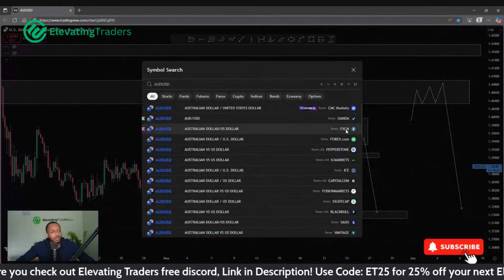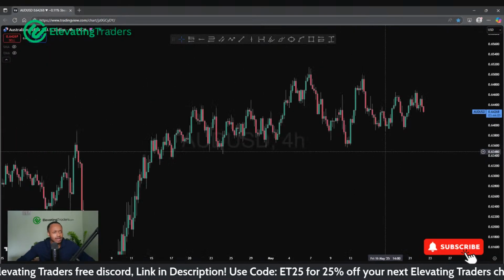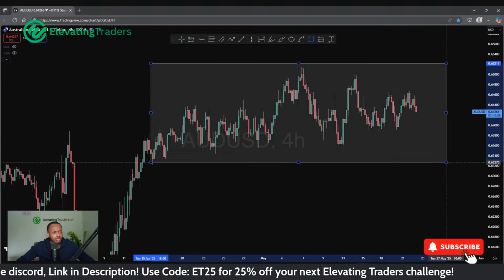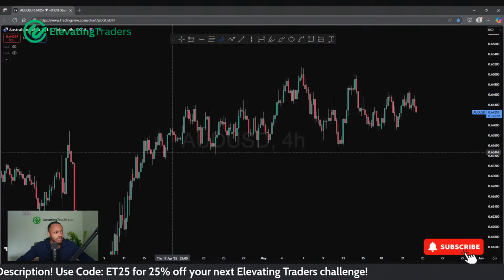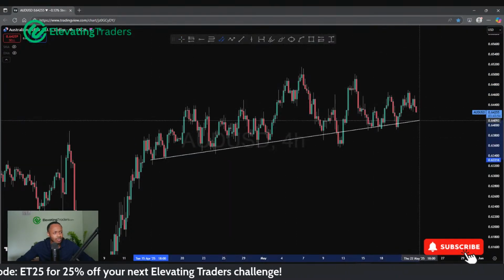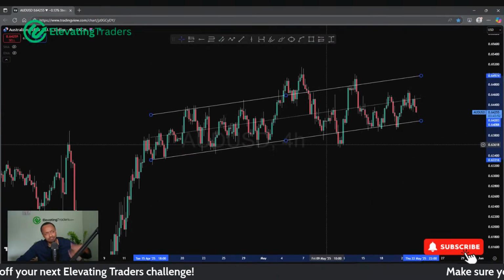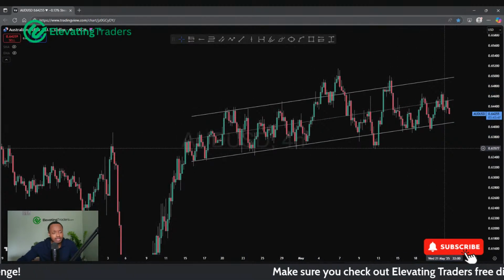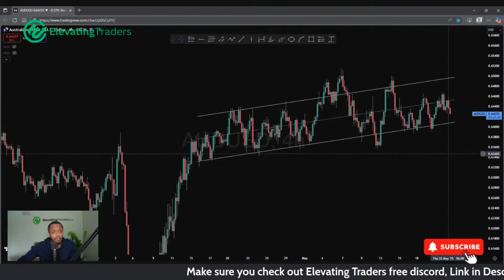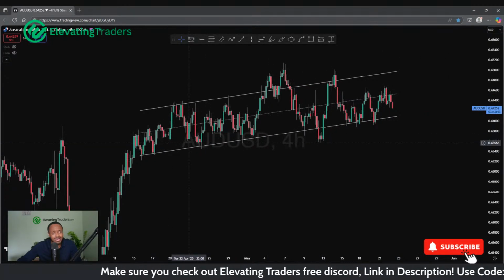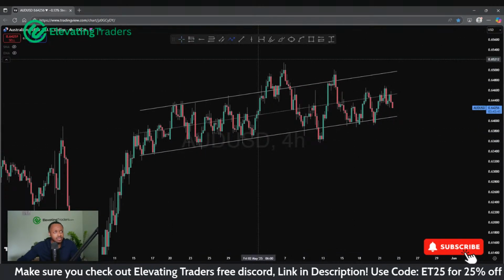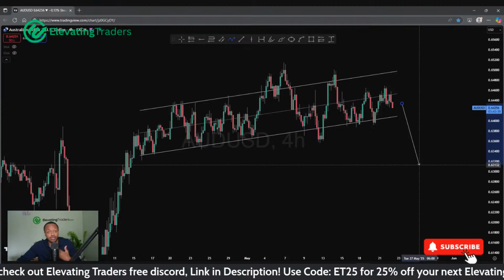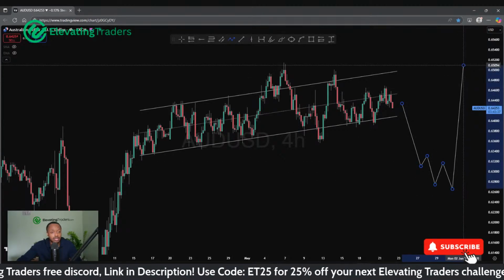Aussie dollar, still not a big fan of the price action, to be honest. Pretty much just looking at that as a consolidation. I've been talking about this ascending channel here. We've been chopping in and out of the channel as well, so there hasn't been much consistency with that too. I still do think Aussie dollar is showing signs of fatigue and likely to push to the downside here in terms of retracement. Still looking to pick this one up.